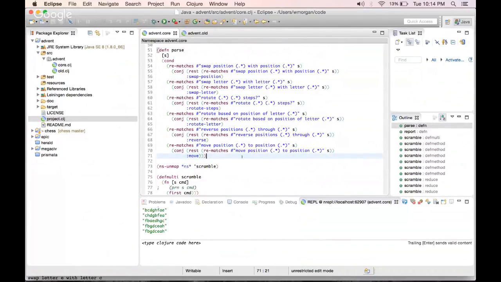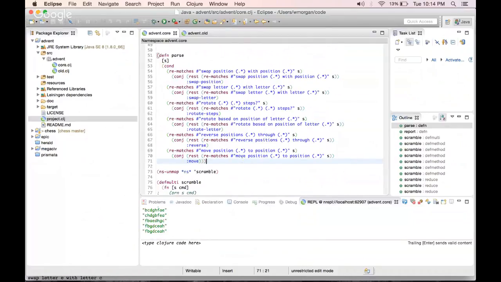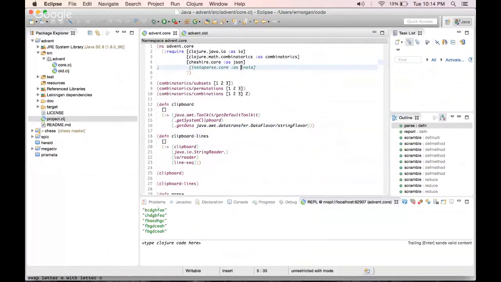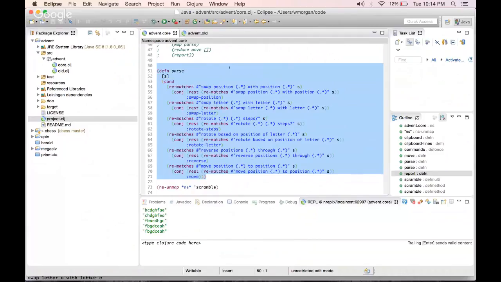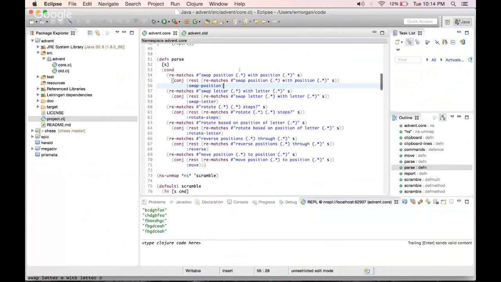Yeah, I do have Instaparse in this environment. It would have been available to me, but I thought the parsing would be the slow part, and so I just wanted to get it done as soon as possible. And as far as the data structure goes, could have done worse, but basically we're